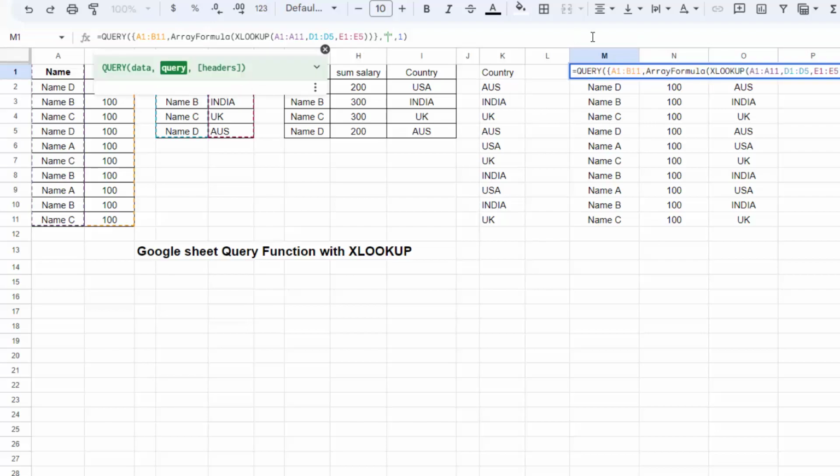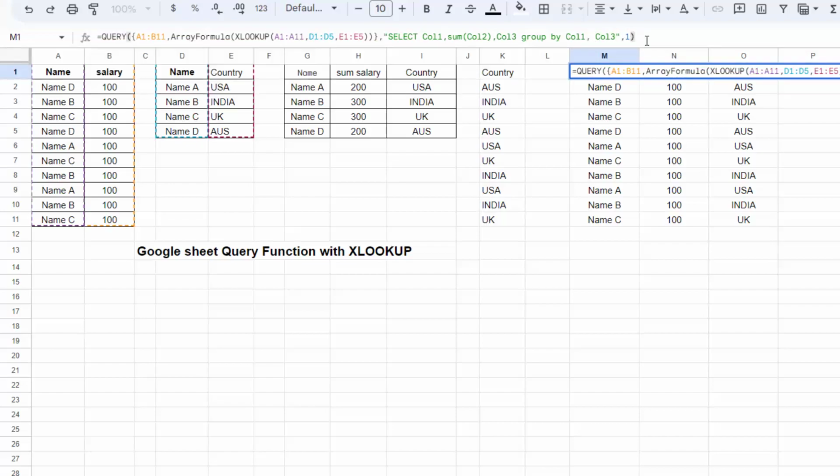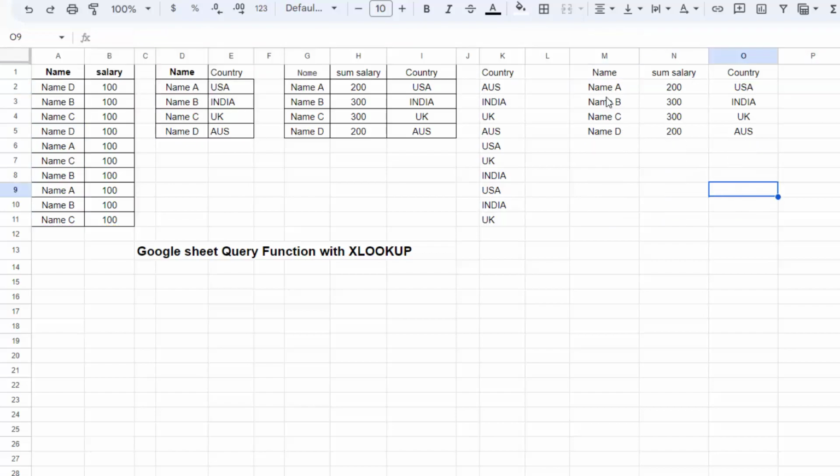So put here select col1, sum col2, and I want col3, group by col1 and I want col3 also, so write here col3. Okay, enter. Check here,